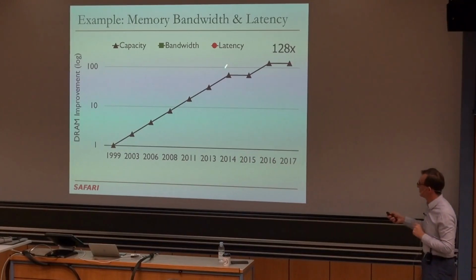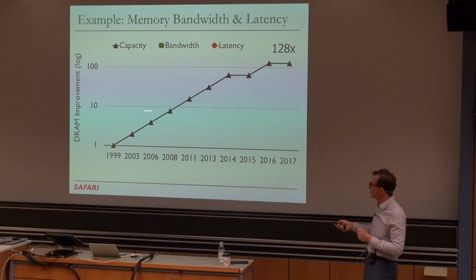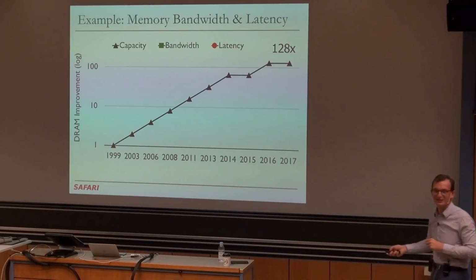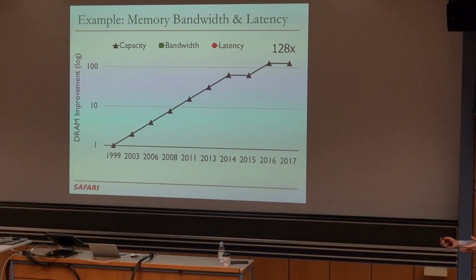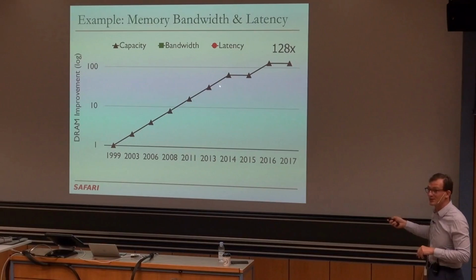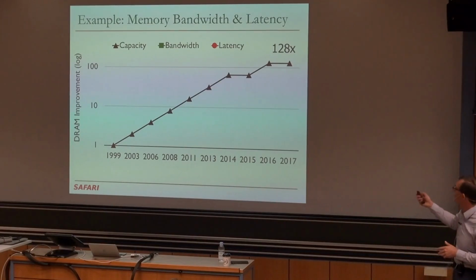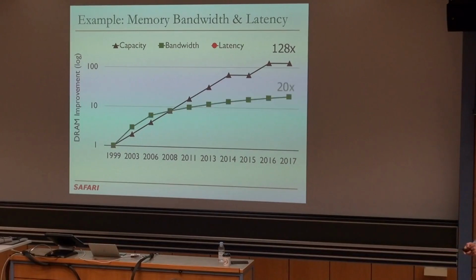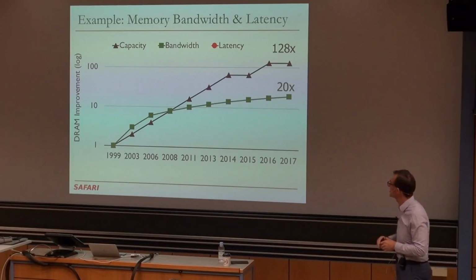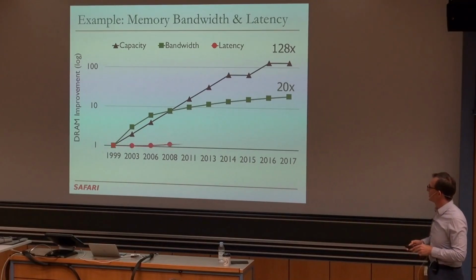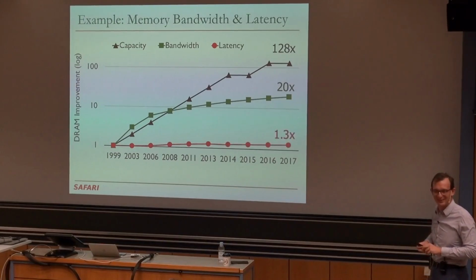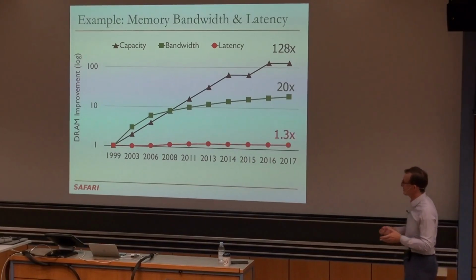So it used to be increasing nicely, exponentially, as you can see. That's a log scale over here. And this is Moore's law, and enabled by Moore's law, but we're having also scaling difficulties at the circuit level. As a result, DRAM chip capacities are not increasing as fast. But they're actually not bad compared to this. So bandwidth has increased only 20x. This is also limited by power and other considerations. And we're not doing really well over here. So latency has reduced by 30%.